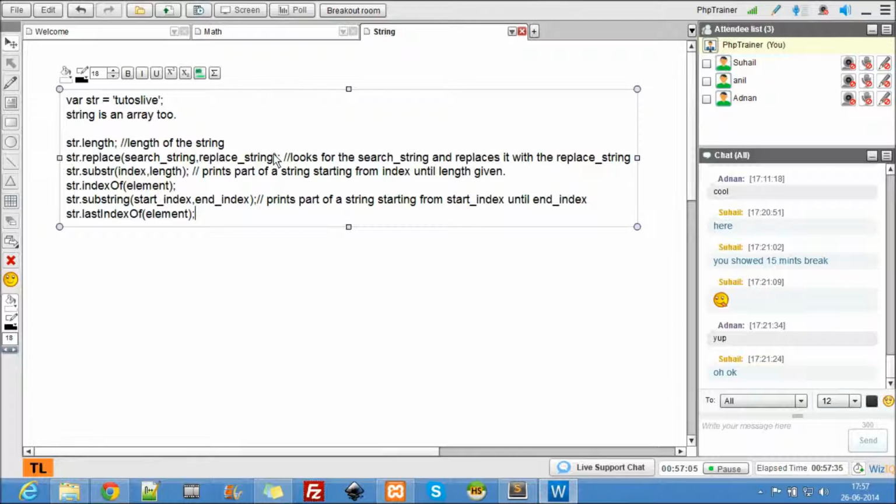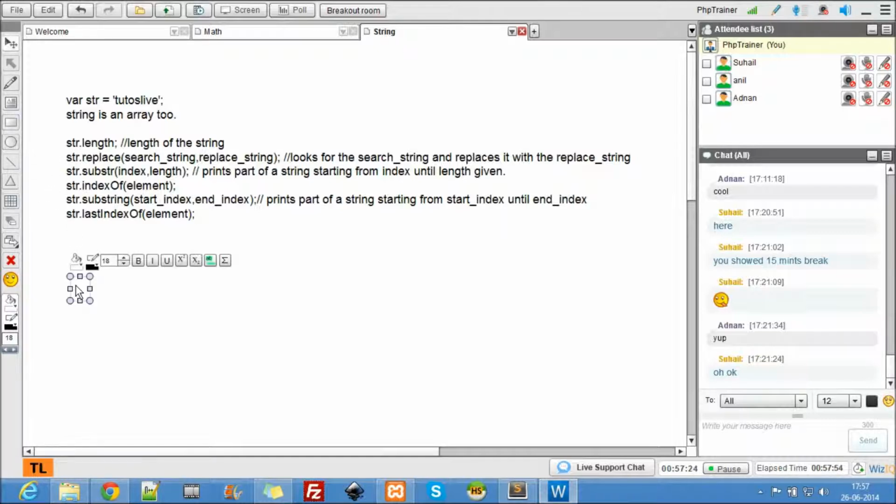Alright, so now let's go ahead and see these 6 and we'll see what they can really do. These are the 6 string objects. These are the important objects. These are really important. Where do we use string objects? We use string objects in validations, and we'll see how we can use them in validations when we talk about